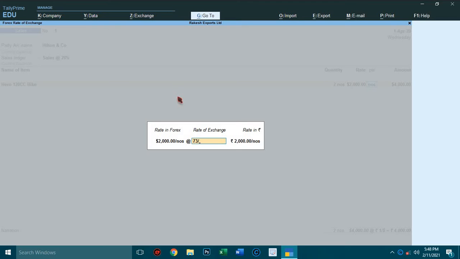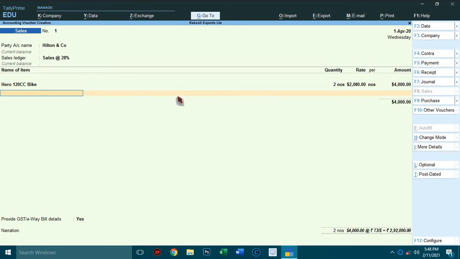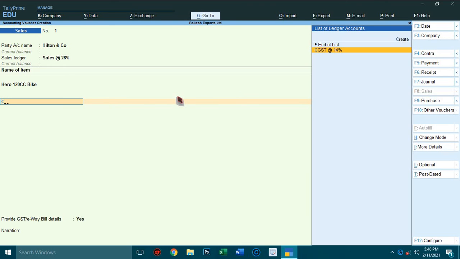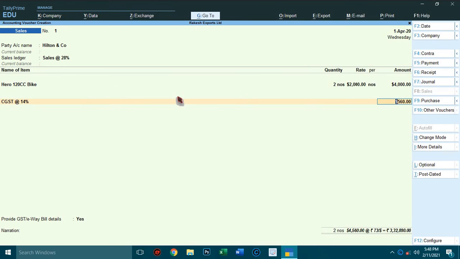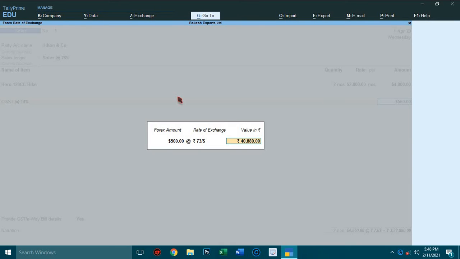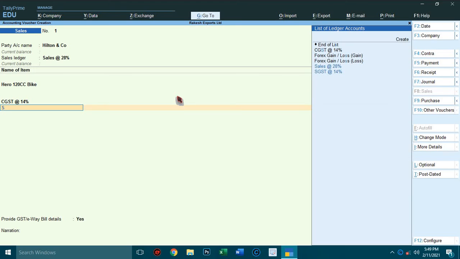It is available in the newspaper; every day you need to check the newspaper for this rate of exchange. Press one more enter. Select CGST, select SGST.